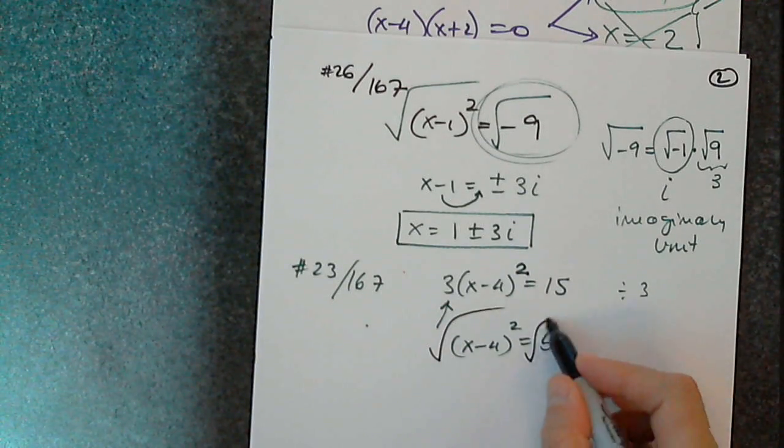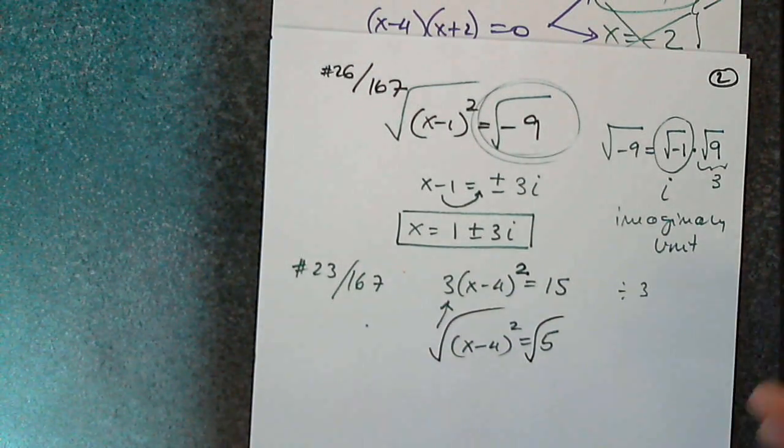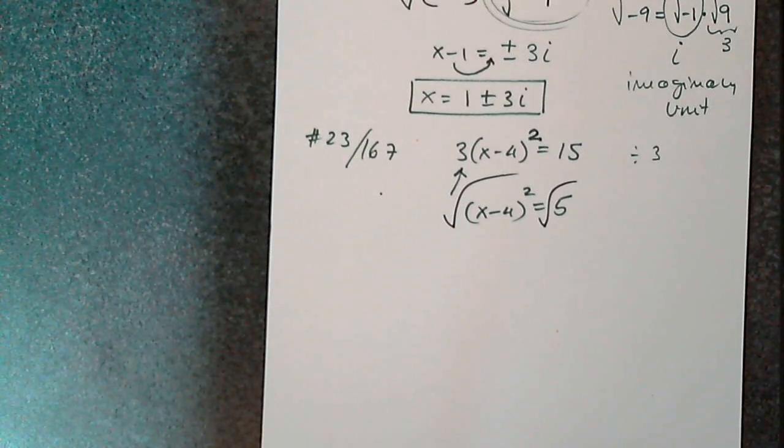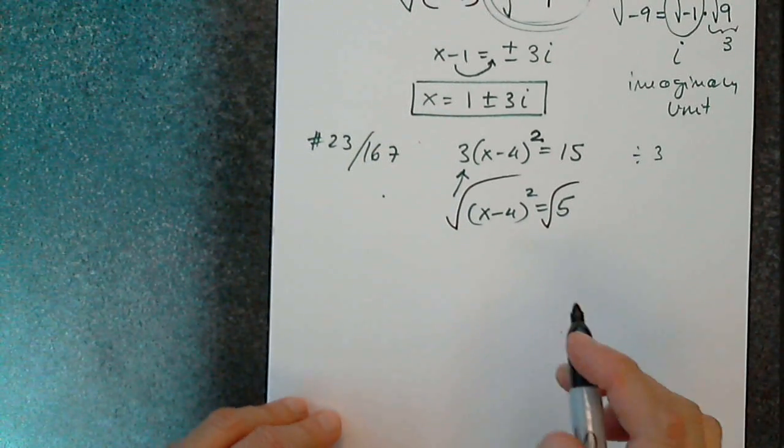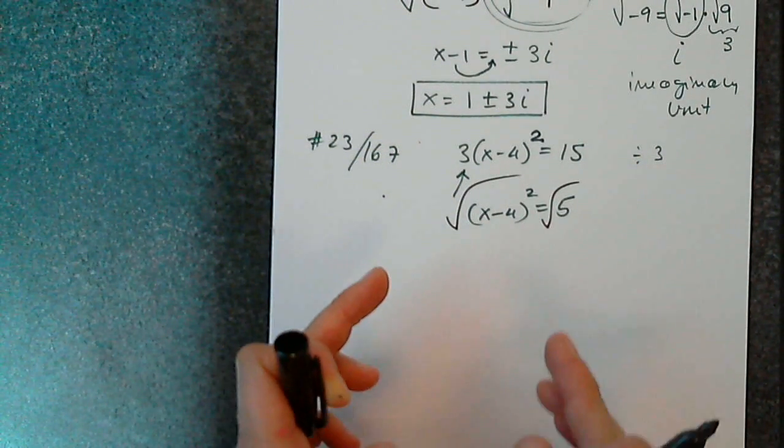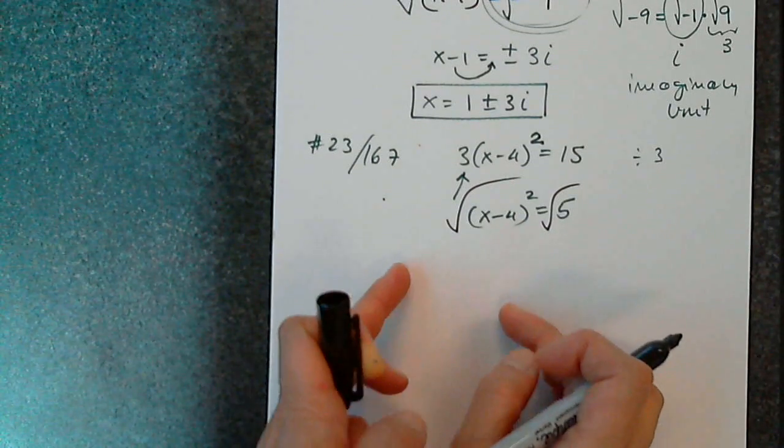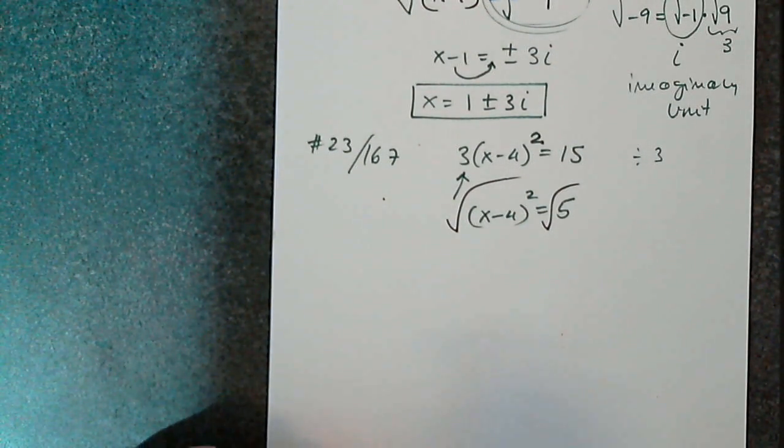So the left-hand side and the right-hand side are ready. I have something squared with x on the left and a number on the right. Positive, negative, or 0, it doesn't matter. So the left-hand side would be, what will I write? I should write, the correct answer is the absolute value of x minus 4. Instead of that, I would write,